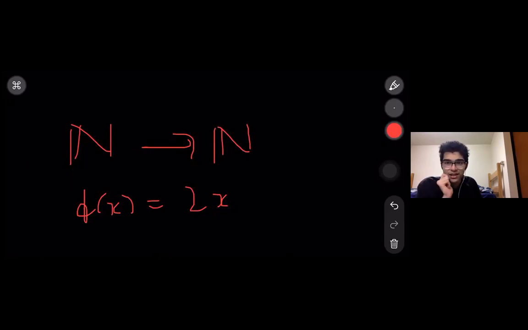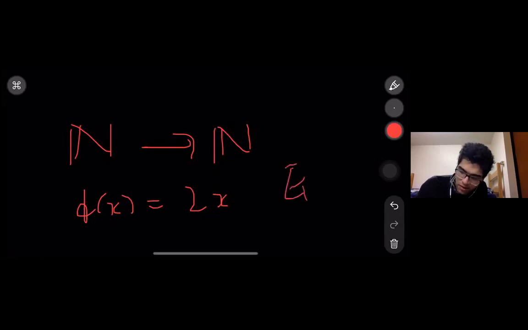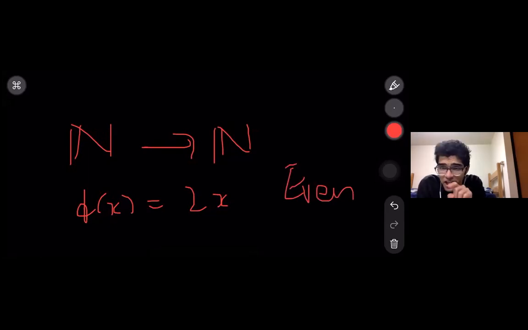What is the range? Range is the collection of values which will have a pre-image. Range is the collection of values which have a partner from the domain which will come to them. Good. The even numbers. Now, even numbers are the range. So this function is not onto, because the range is not equal to the codomain. The codomain has more numbers than the range. Remember, even if the codomain has one number more than the range, it's not onto. But in this case, it has infinite numbers which are not in the range.